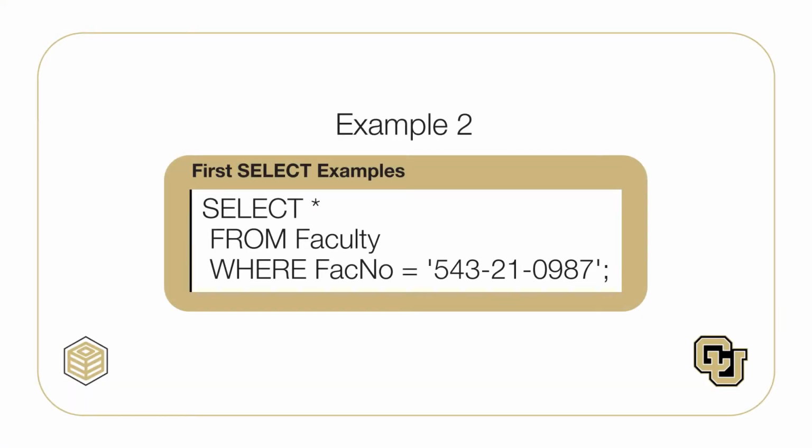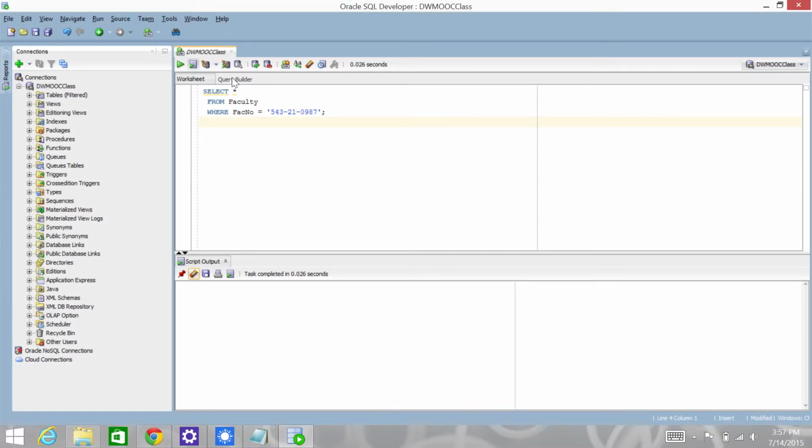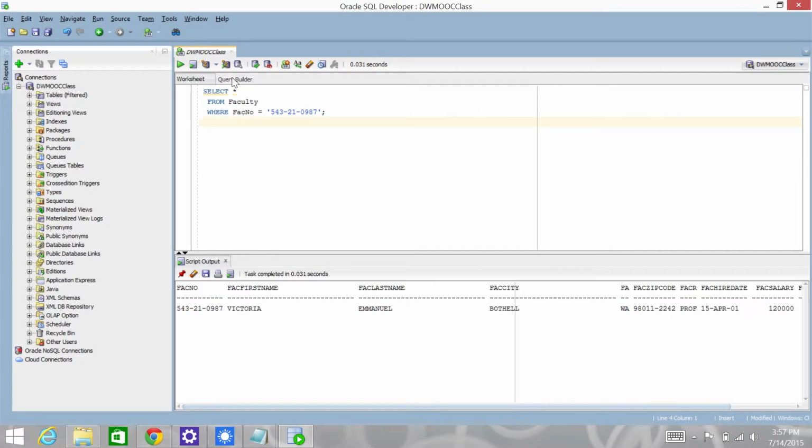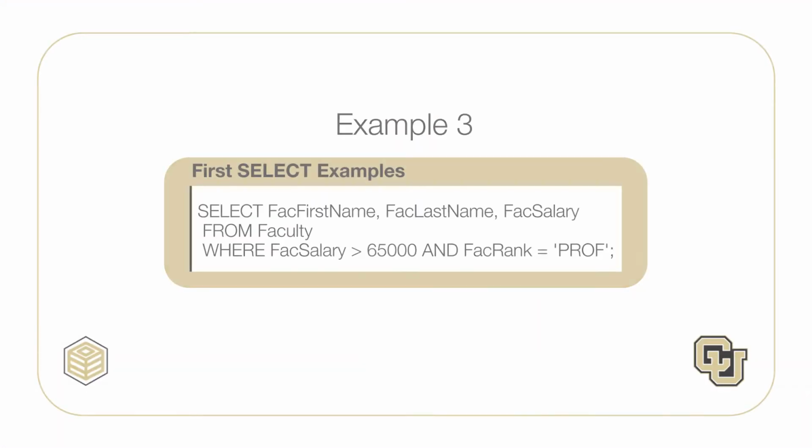The second example adds a where clause to restrict faculty rows in the result to a specific faculty number. The statement result is a subset of the first example. Let's execute the second example in the SQL Developer. The result contains 1 row and all columns of the faculty table. The third example